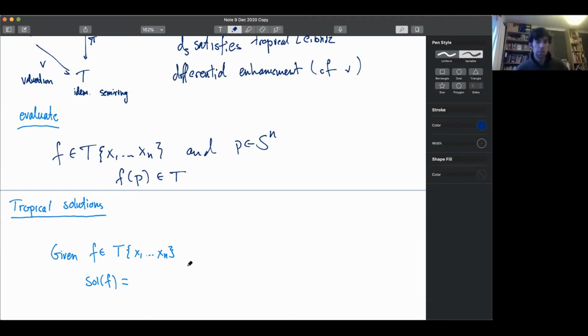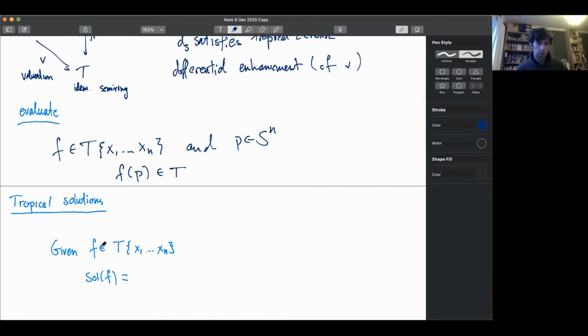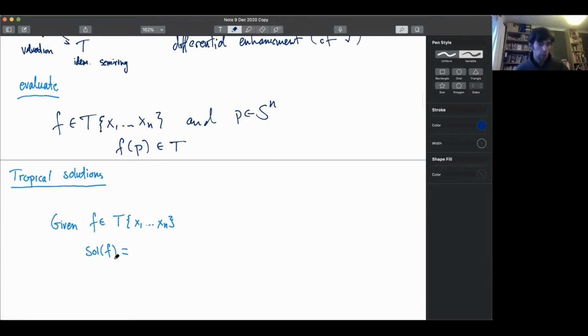So this is generalizing the notion of tropical solutions that Alex talked about yesterday. So given such a polynomial, the set of tropical solutions to F is going to be the set of all points P in S to the N,